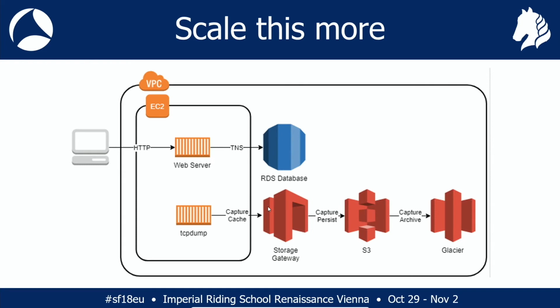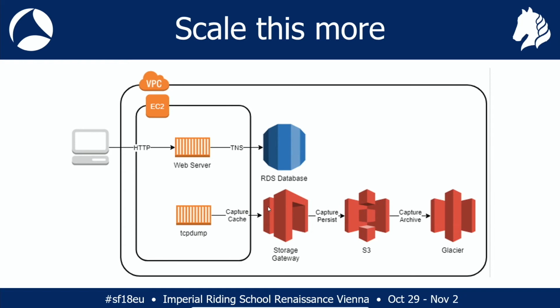And so really, you allocate storage to a storage gateway based on your expectations for how long things might live in the cache, because that's the fastest way it's going to respond when you're trying to read stuff back. But we don't care about that. So your cache size only needs to be as big as storage gateway can write stuff into S3.